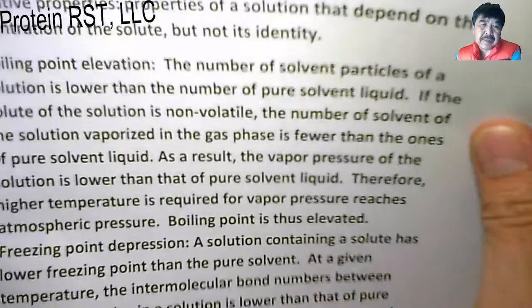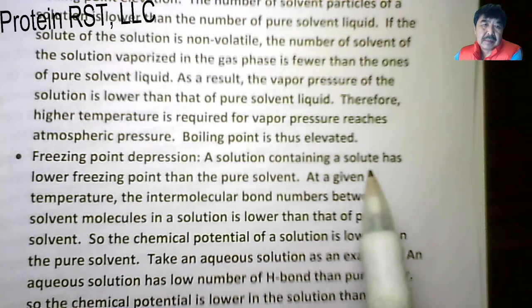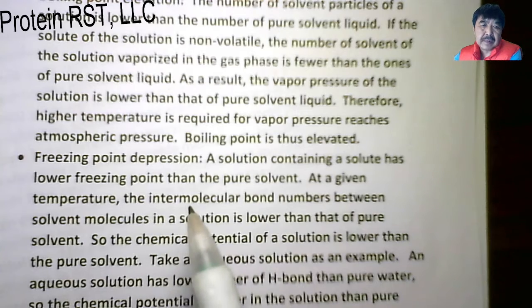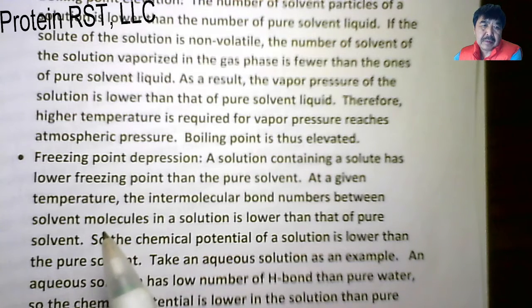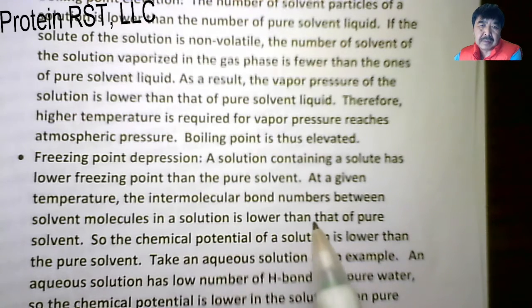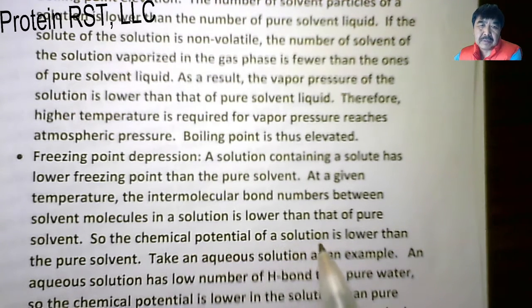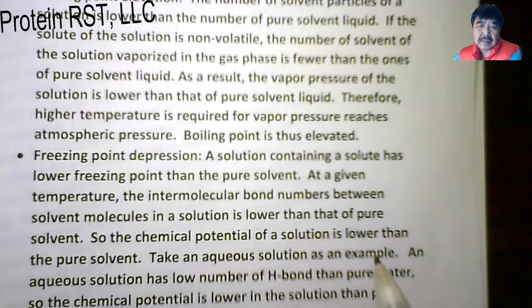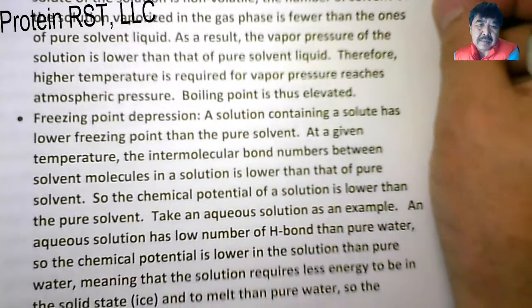Freezing point depression. A solution containing solute has a lower freezing point than the pure solvent. At a given temperature, the number of intermolecular bonds between solvent molecules in a solution is lower than that of a pure solvent. So the chemical potential of a solution is lower than the pure solvent. Take an aqueous solution as an example. An aqueous solution has a lower number of hydrogen bonds than pure water, so the chemical potential is lower